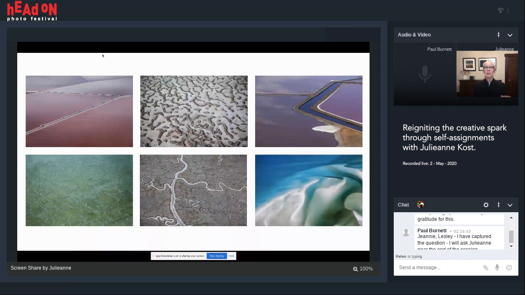So many people ask me, well, how'd you get such clean windows? And it's just a trick. You just make sure that you're shooting at f2.8 or f4, because you're focusing on stuff so far away, unless you're focusing on the wing or something. But most of the time, the landscape, the clouds, they're really far away. So even though you've put your aperture to f4 or f2.8, everything that you want in focus is going to be in focus, and the dirt on the window goes totally out of focus. So that's how you get rid of the dirty windows.